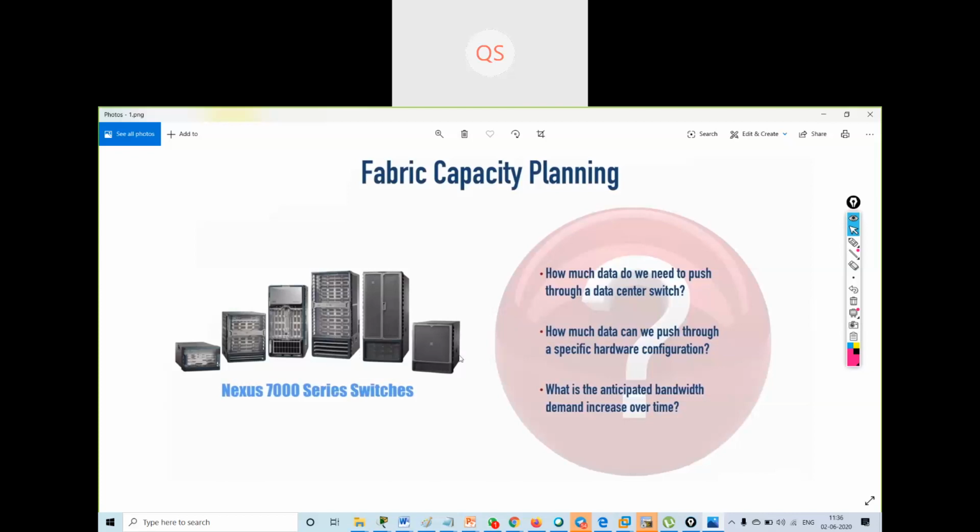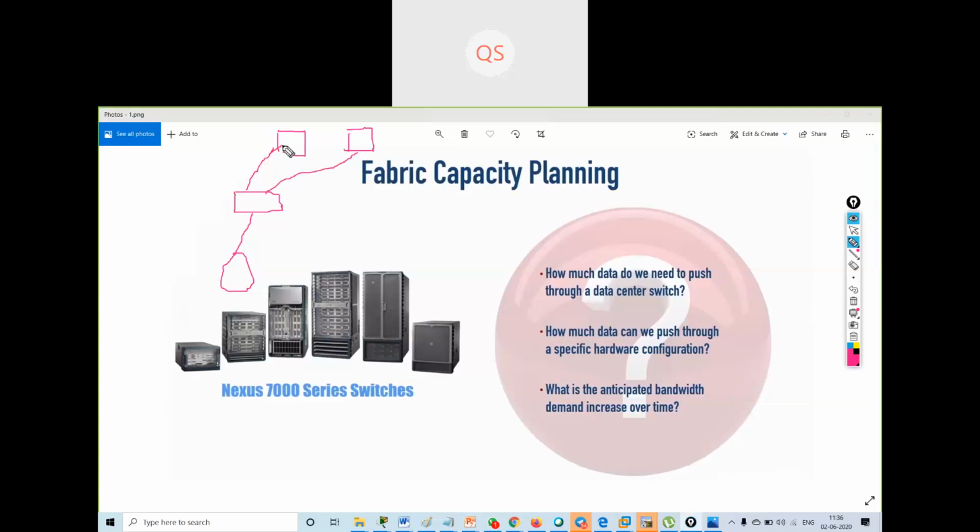Earlier we considered a spine-leaf design that we might have in a data center, where our servers are connected to the leaf switches, and the different leaf switches push data through spine switches. Here are my spine switches. So this is a type of fabric.